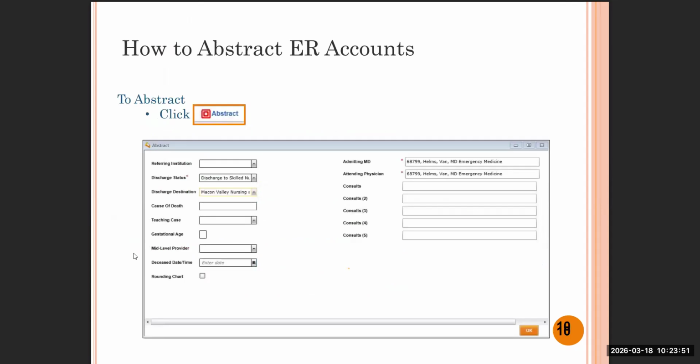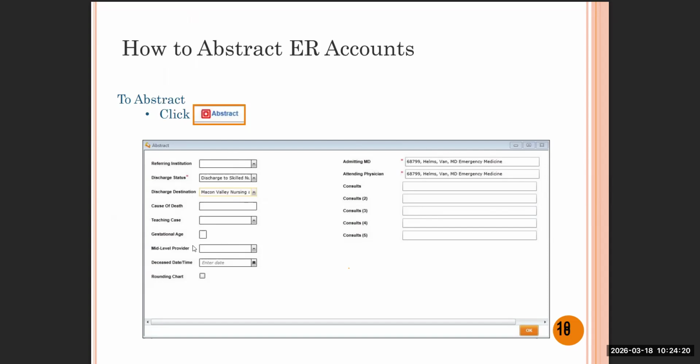Okay. How to abstract the ER accounts? This will help, and it depends upon the different EMR, but we are showing the standard details so you can understand. So see, referring institution is given, discharge to the skilled facility, discharge designation is given, where the patient is discharged, admit MD, who is the admit MD, attending MD.